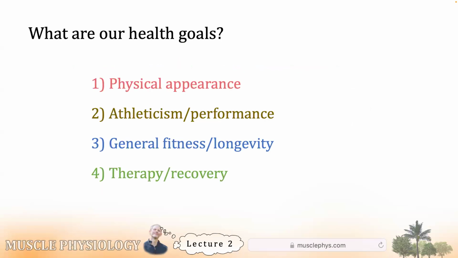So what are your goals? Think about your own goal. You must have some goals. We're well past 1948. Our health goals tend to be much more complicated these days than just the absence of disease, but they still seem to fall into these four categories. There's physical appearance, what you look like in a mirror and selfies or whatever. There's athleticism and other expressions of human performance. There's general fitness and longevity. I want to age like Hugh Jackman or Cher or somebody. And then there's recuperation. There's healing from what ails us. Domains like physical therapy would fall into that goal.